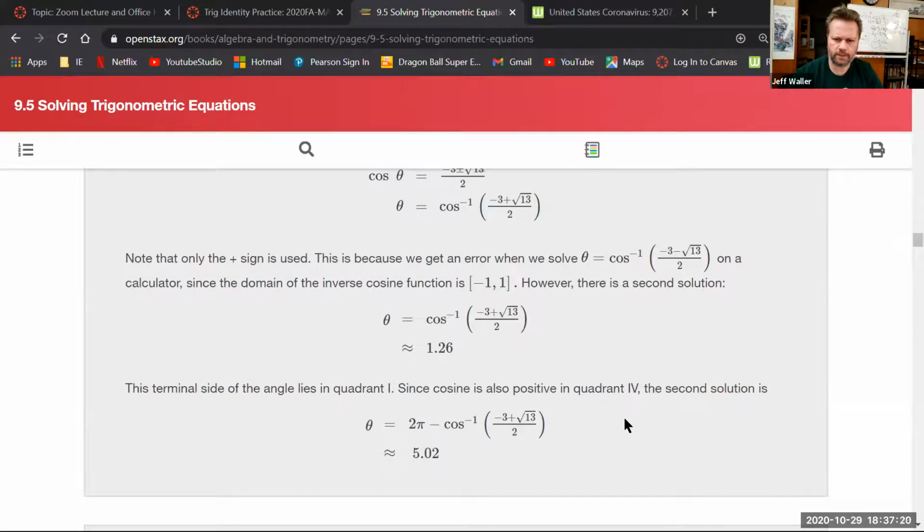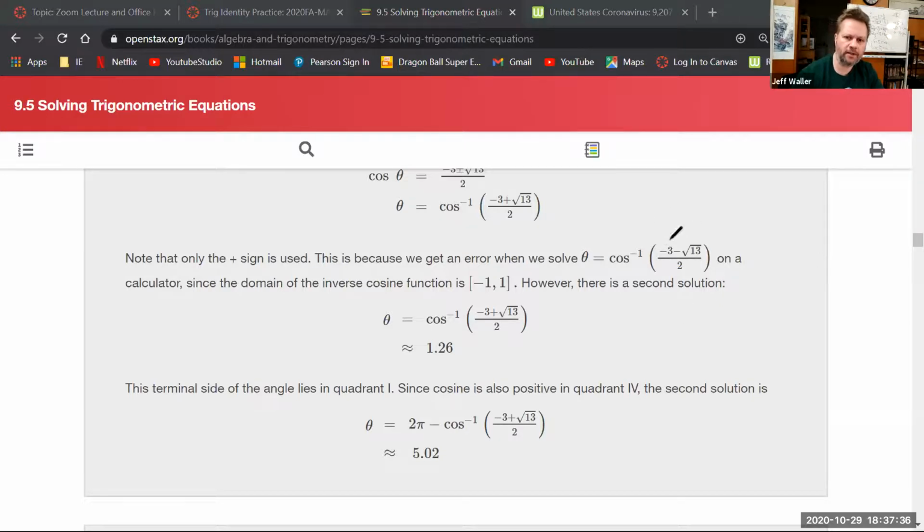Let's see what they did here. I'm very curious. Oh, this is what I was talking about. All right, so this is a reference angle. This is a reference angle. I don't know why they ignored